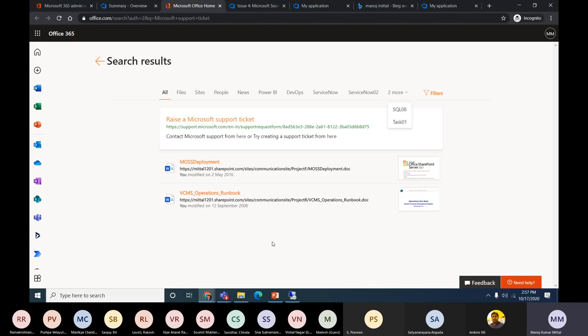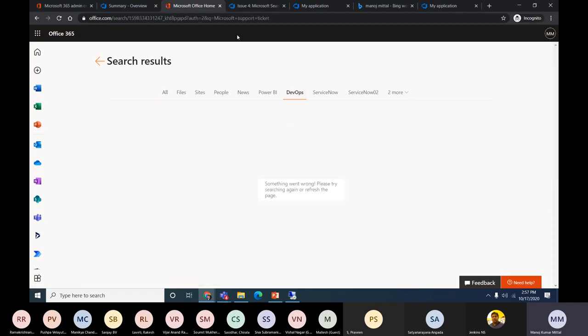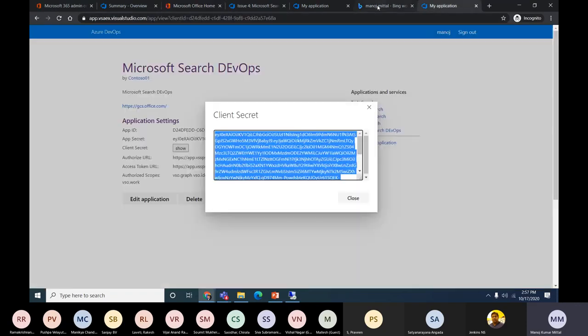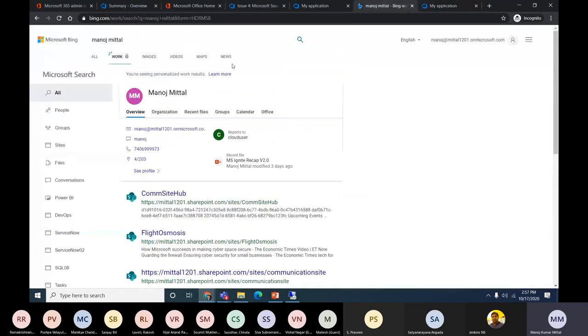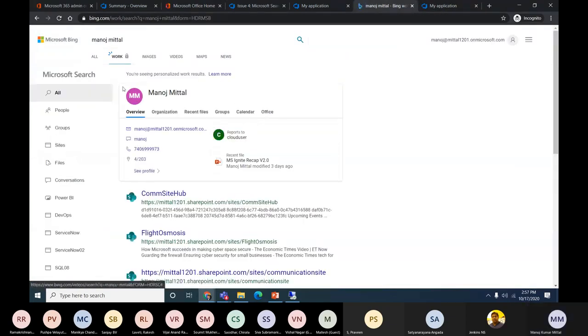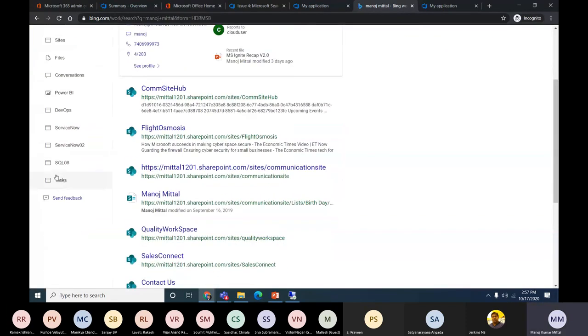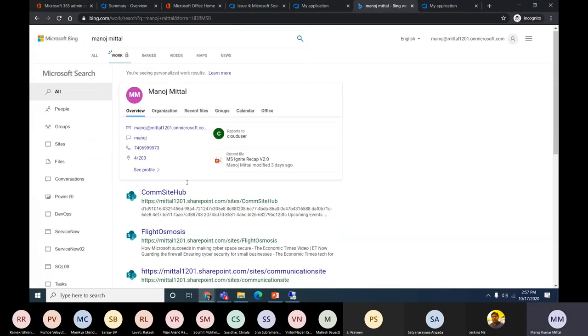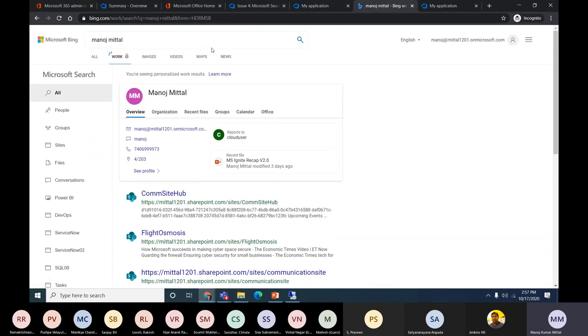Similarly, my content and new tabs will appear here. As before the demo, I created task one. It started appearing similar to the DevOps. So this is the whole set of steps for how the results will start appearing here. In the work section, yes, it will take some time. It will start appearing, so not to worry. So these were all the configurations with respect to that.